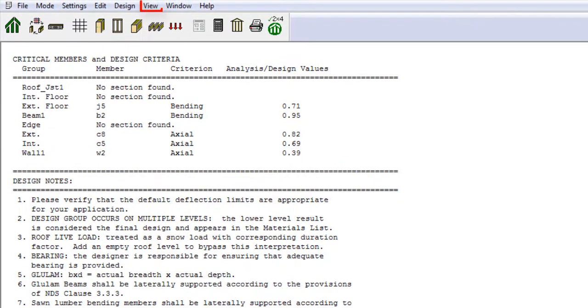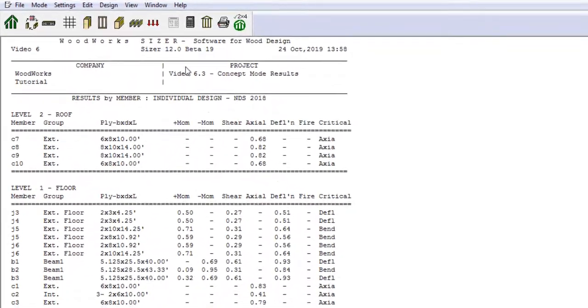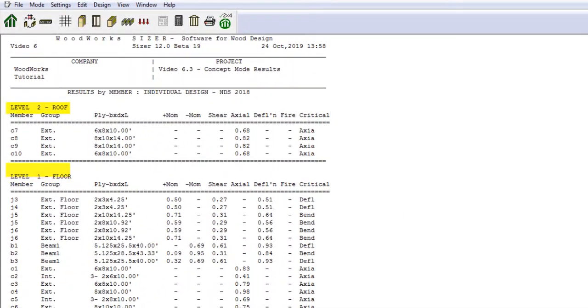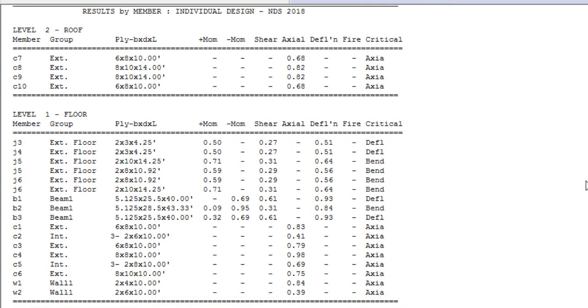By going in the View tab in the top toolbar, more information is accessible, such as results by member, materials list, and reactions at base. Here again, results by member is separated by the levels of the structure. Every member designed in concept mode, even those designed by the program when unknowns are left, is displayed in this page. In fact, beside the name of the members, you will find the cross-section dimensions that were generated by Sizer